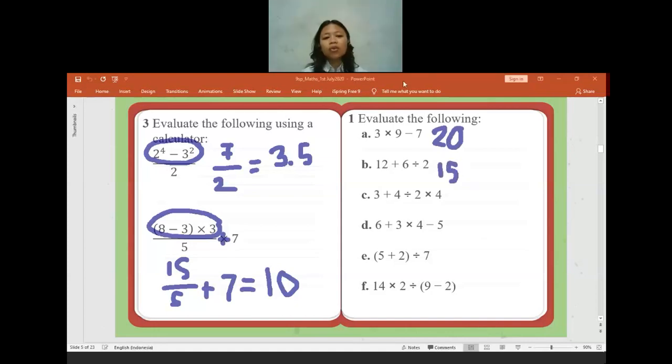If you are confused, it's okay to interrupt me to ask any question. Okay, if no one is confused, let us continue to question 1C. 11. Okay, we do the division first. After that we multiply. Good job. For question D, how many will it be? 13. Okay. How many is the answer for question E? 1. Okay. What about question F?